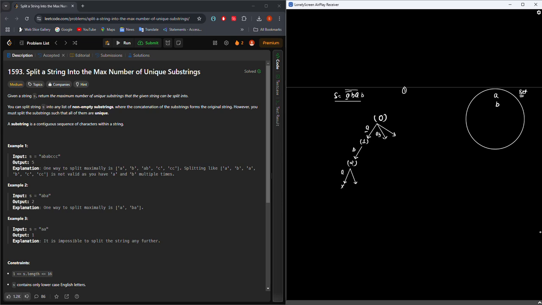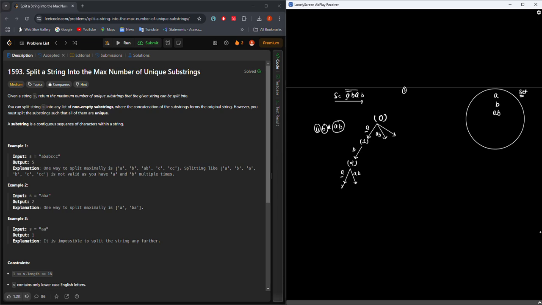Now here in this case, now here is A. At this point in time your substring will be AB, because the previous one is A, starting from A, and this is index 2, this is index 3, right? This is the string AB. AB does not exist in our set, so we can add AB here, right? This is the one path: A, B, A, B, right?